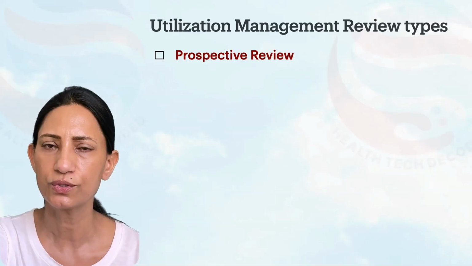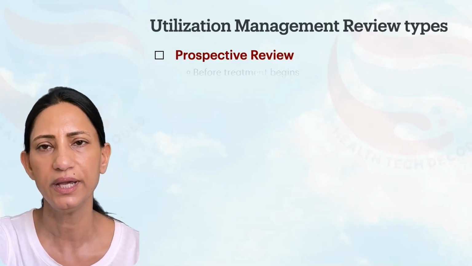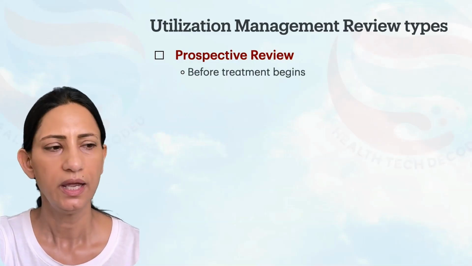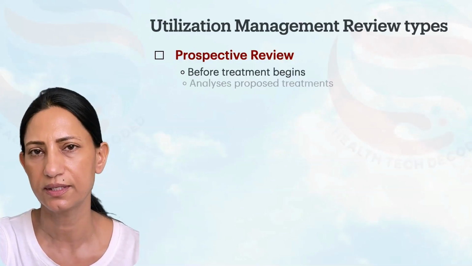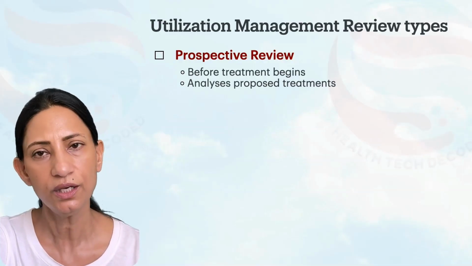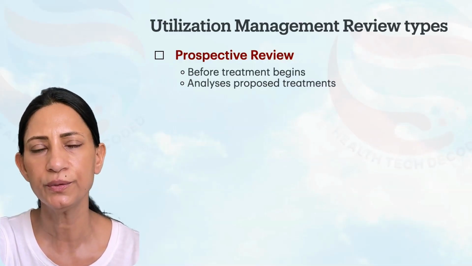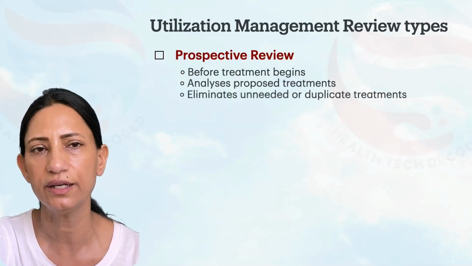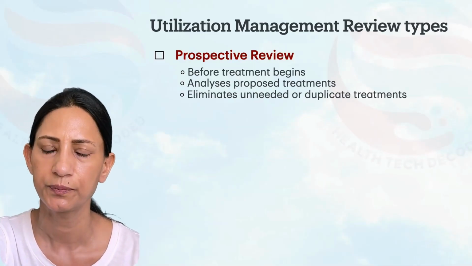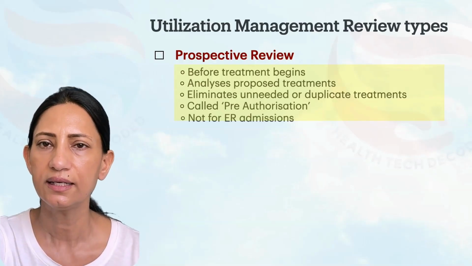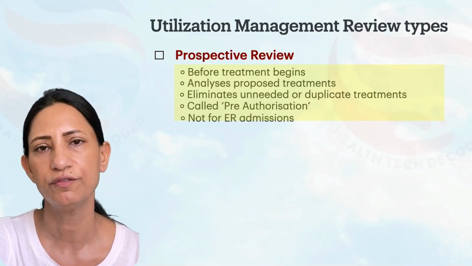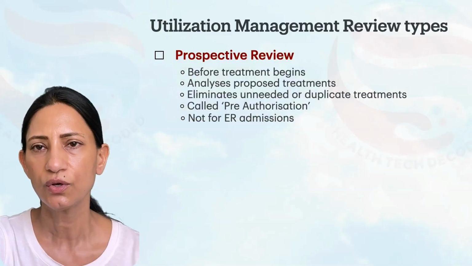Prospective review, which is also called the pre-authorization review, happens before any treatment begins. It involves analyzing the proposed treatment. The main use of prospective review is elimination of unneeded or duplicate treatments. It's also called pre-authorization, as we've discussed. And this review is never required for emergency admissions. Now, concurrent review,